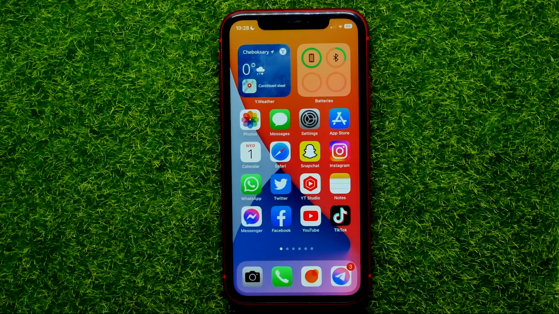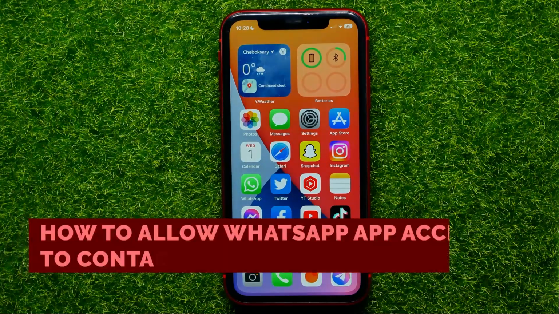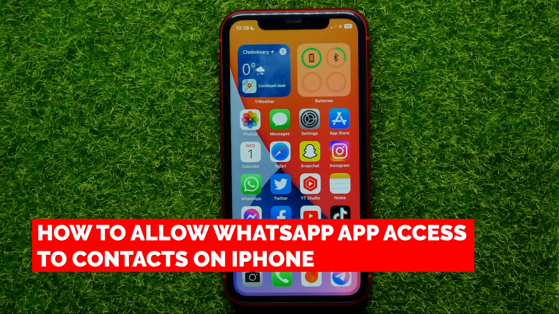Hello guys, welcome back. In this video I'm going to show you how you can easily allow WhatsApp app access